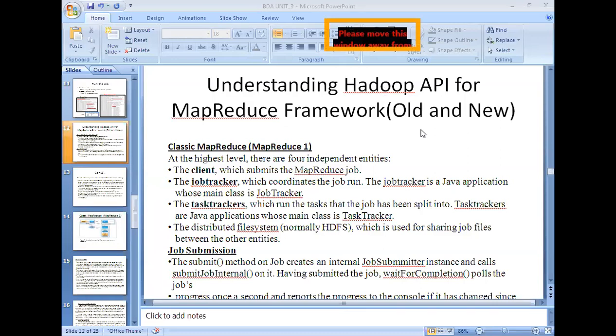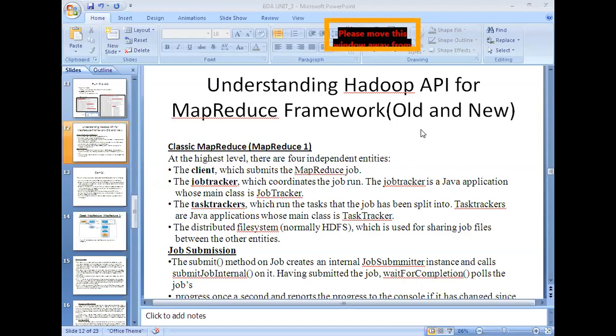The responsibility of the task tracker is that whatever task was allocated to it needs to be completed without any problem. That is the job of the task tracker. The job has been split, and whatever block was allocated to the data node on which the task tracker is working, it runs on that.